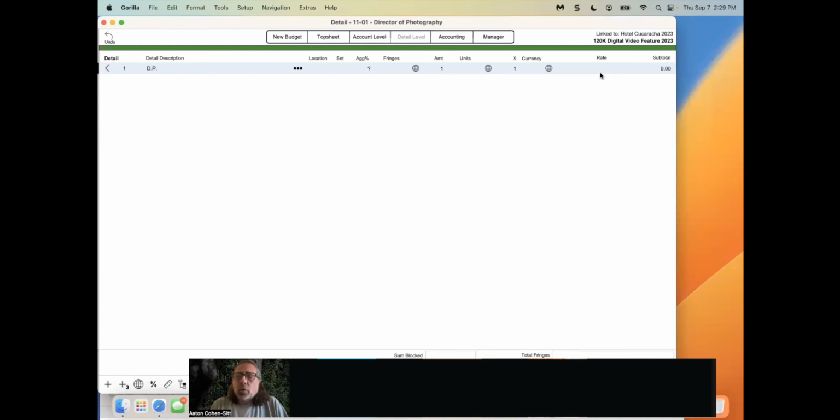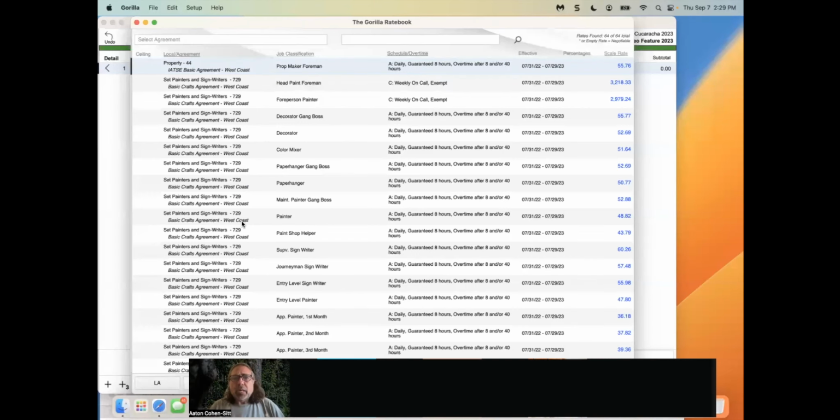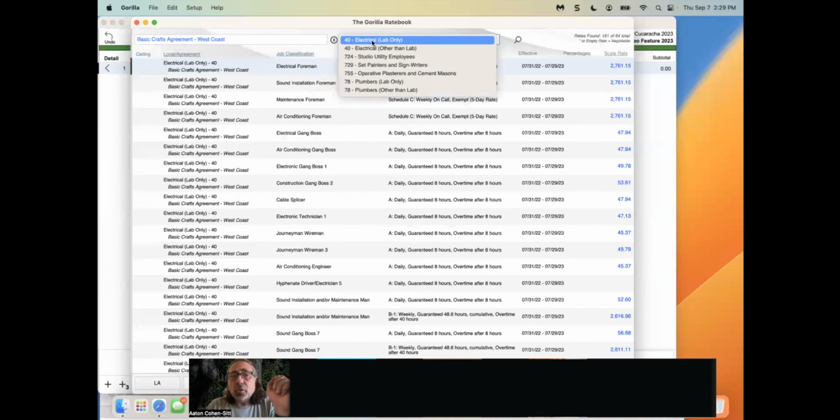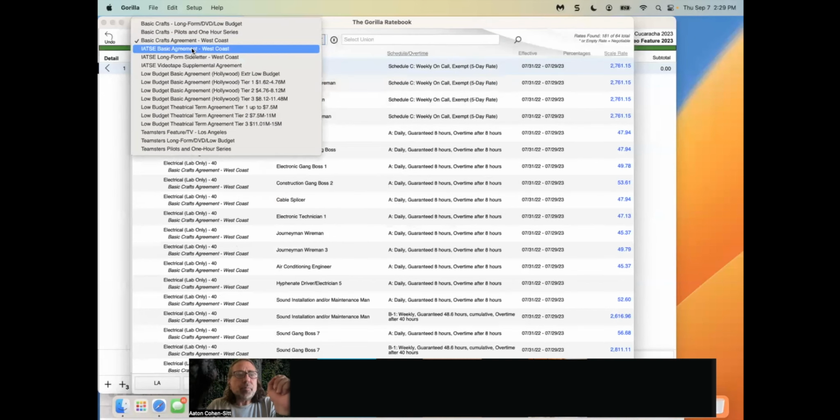But if you have the Gorilla rate book, what you can do is click on those 3 dots, go here to rate book, and it brings up the Gorilla rate book with thousands and thousands of union rates. You can select an agreement. Now you've got to navigate a little bit, know a little bit about the unions and where you're going to get the rates. I know that I want to go into my camera 600 union, which I think is right here,